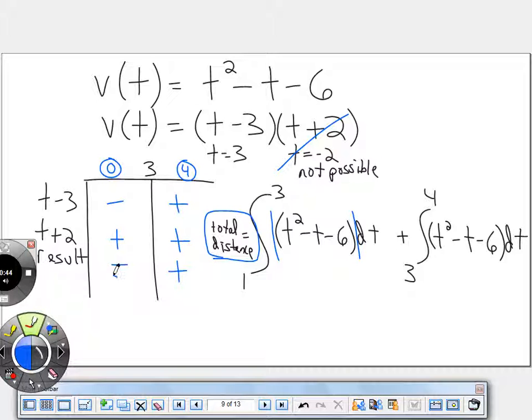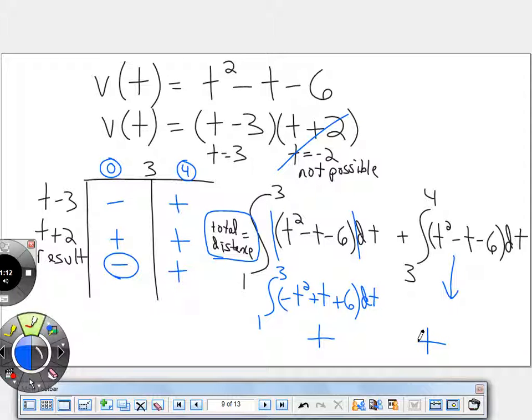or when you know that it's going to be negative that whole time, then what you do is actually switch all these signs. So from 1 to 3, you would change all these signs if you wanted to find the antiderivative and actually have it be accurate. You would change all the signs, and that way you would get an answer that would be positive, okay? And then this one over here, you already know if you did the antiderivative of this, you get a positive answer. And so for the one on the left, if you do the antiderivative correctly,